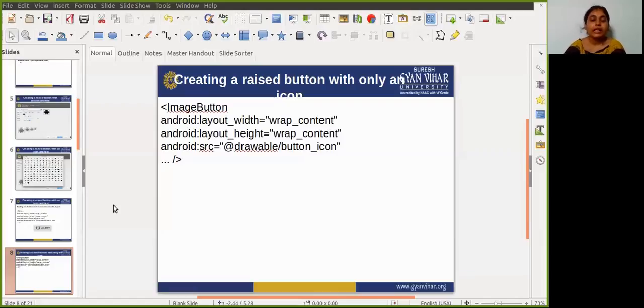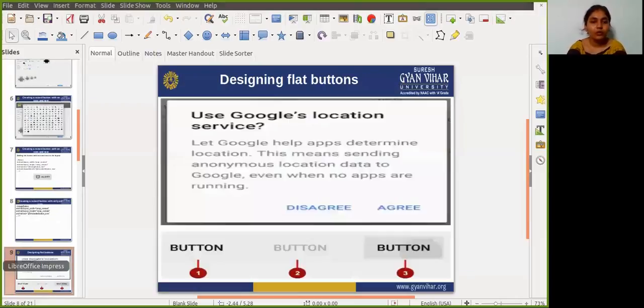Okay. After that, we learn how to design a flat button. A flat button, also known as a borderless button, is a text button that appears flat on the screen without a shadow. The major benefit of a flat button is simplicity.